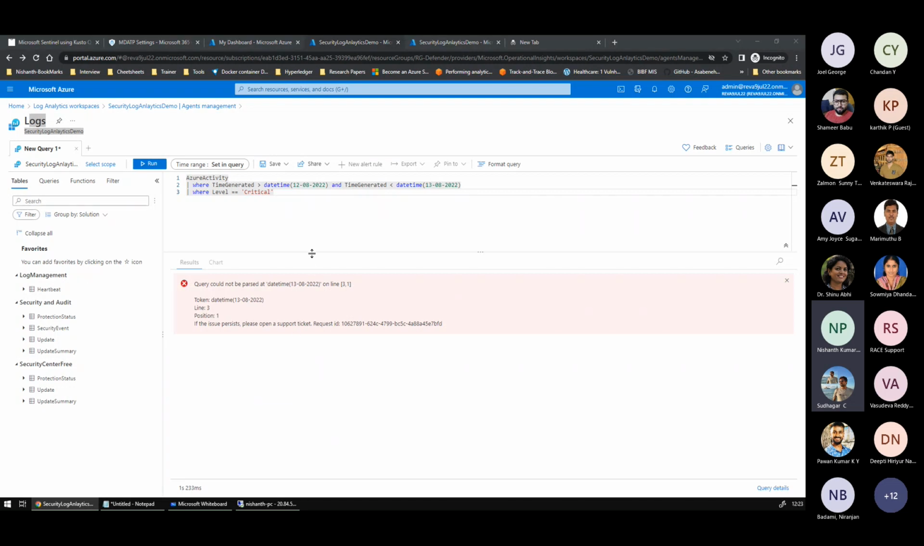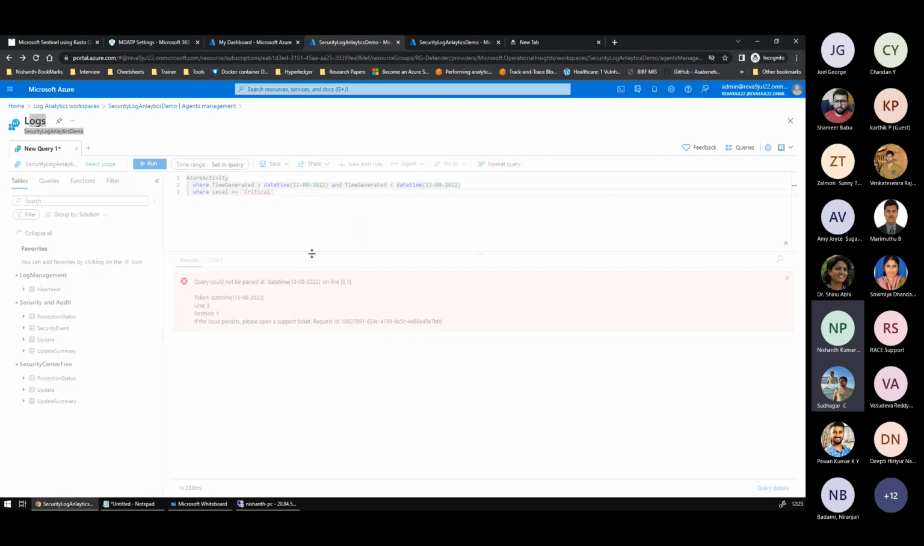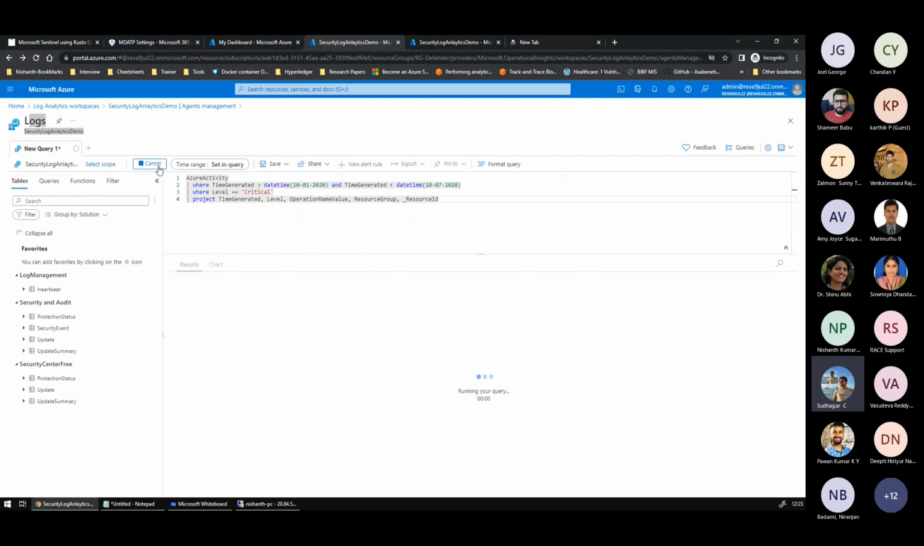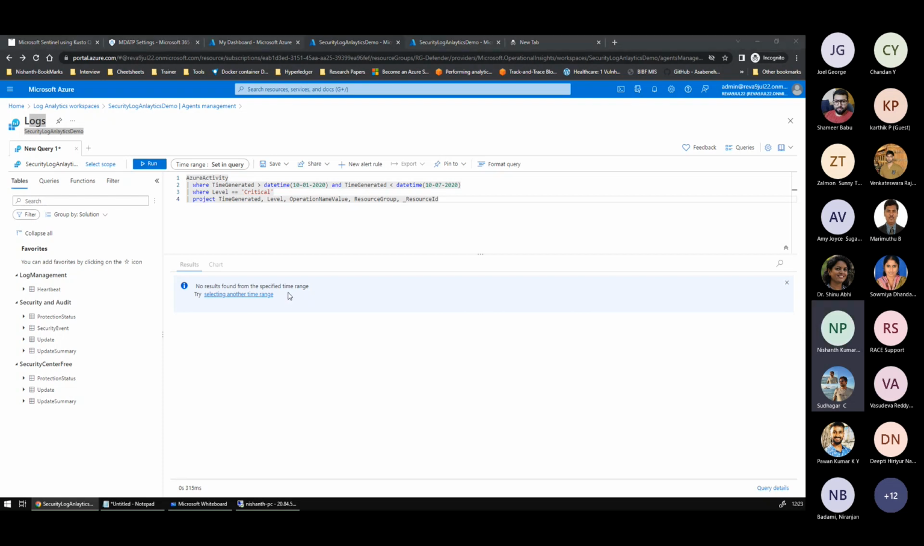Now you can even filter a specific column. You can filter specific columns for your Azure activity, where project is time generated, level, operational value. You can only take certain rows, certain things. You can order them. Very, very similar to your SQL queries. You can go ahead and write queries. For example,